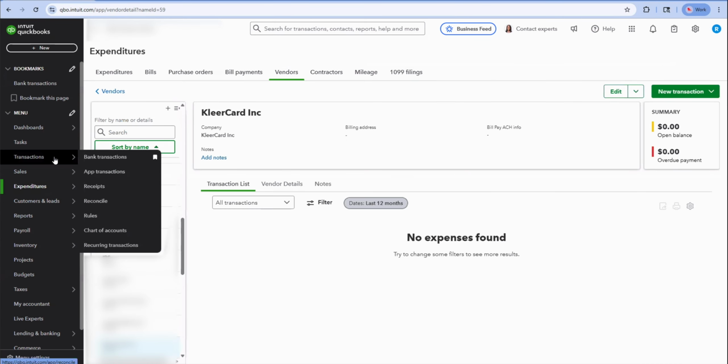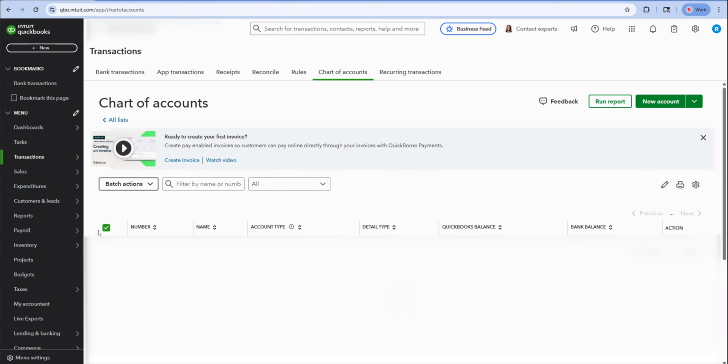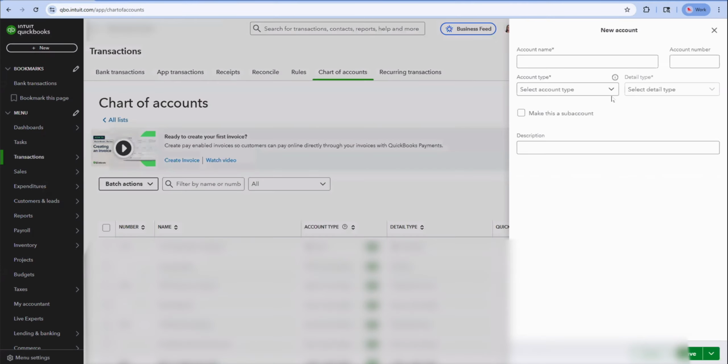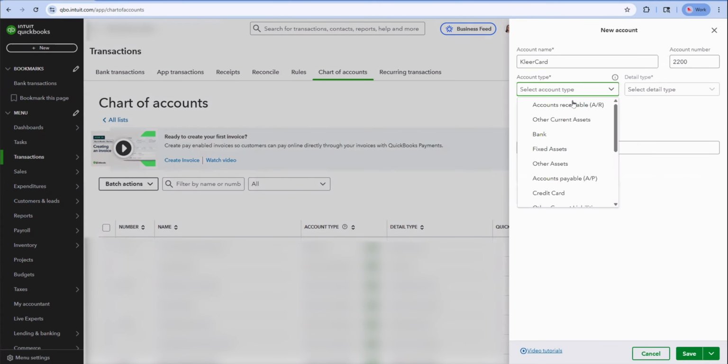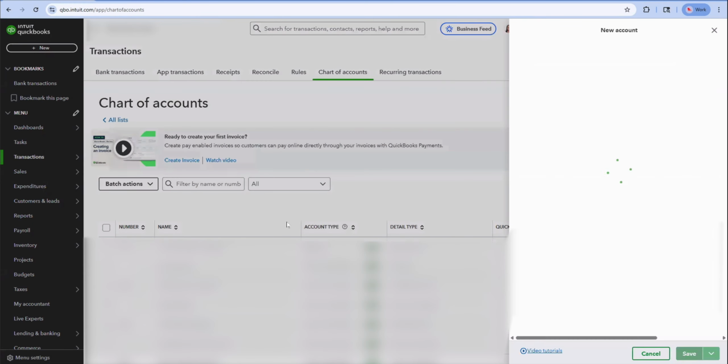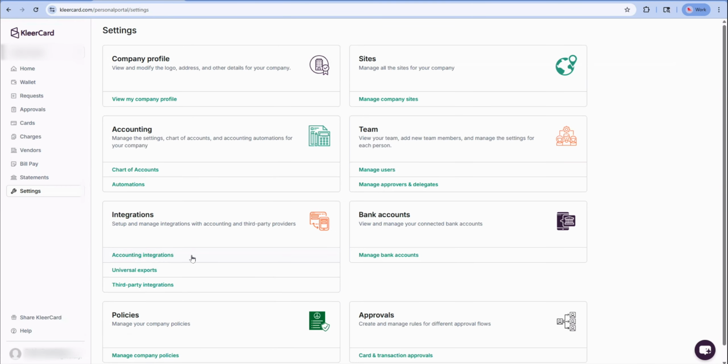Next, you'll choose Transactions, then Chart of Accounts, and New Account in the upper right. Here, you will enter the account name, KleerCard, and an account number if applicable. Choose the account type, credit card from the drop-down, and then click Save. Once you complete these steps, return to your KleerCard dashboard settings, navigate to Accounting Integrations, and